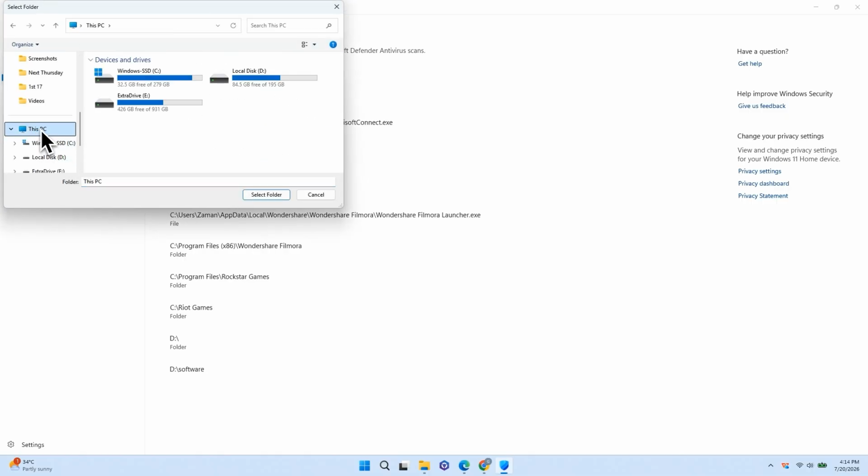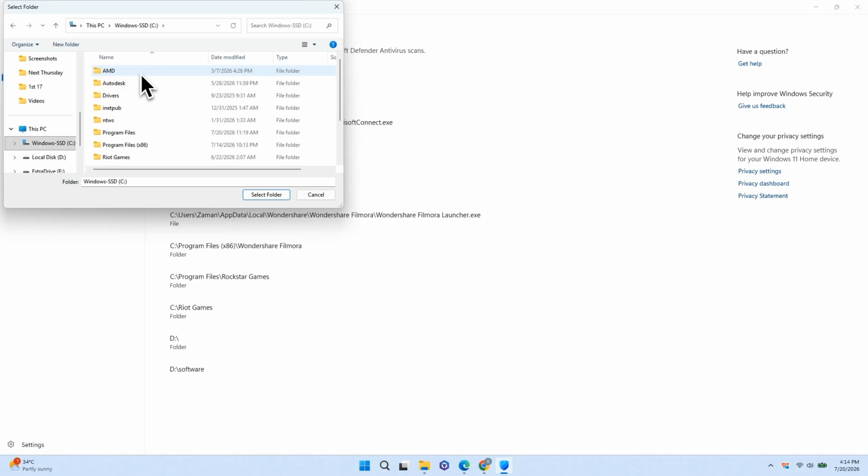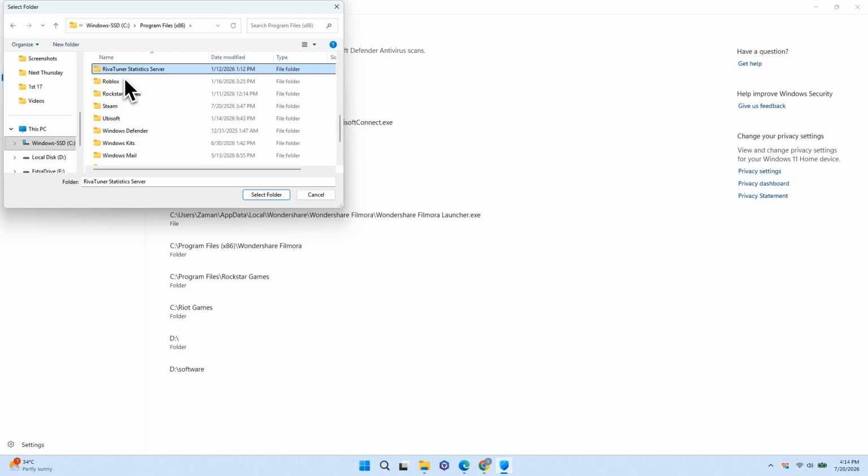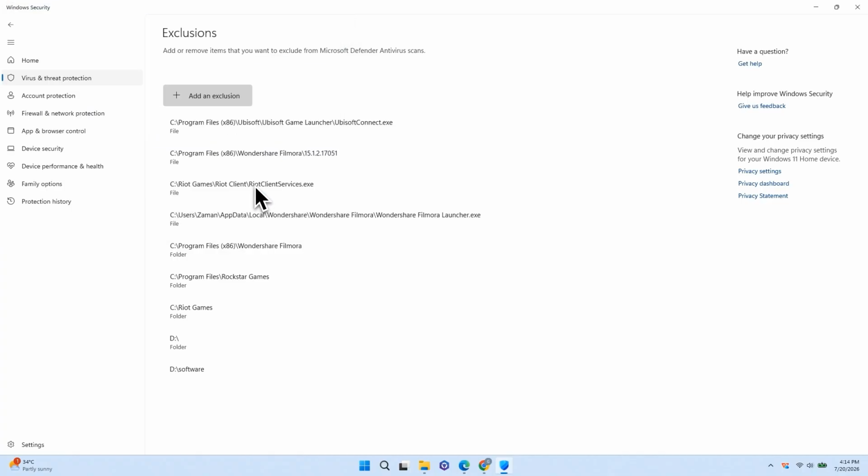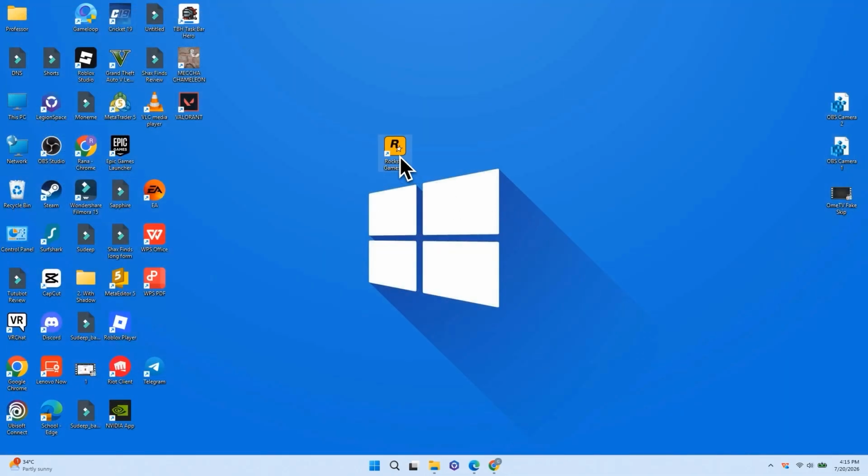In most cases, it's located in C drive, then Program Files (x86). Here, look for Rockstar Games. Select the Rockstar Games folder and click Select Folder to add it as an exclusion. Once you've done that, close Windows Security and try launching the Rockstar Games Launcher again to see if the issue